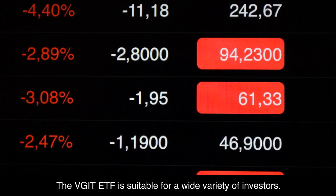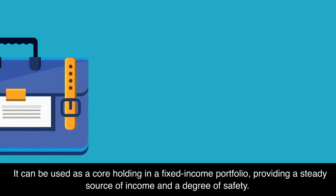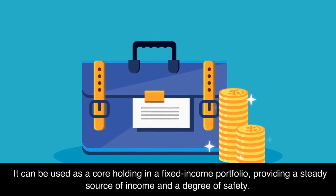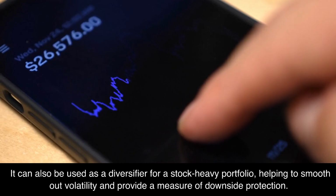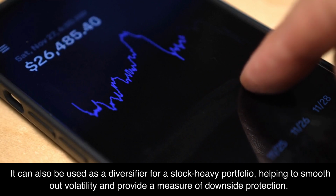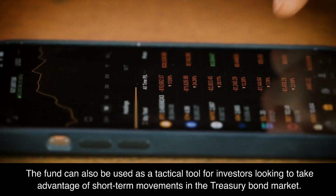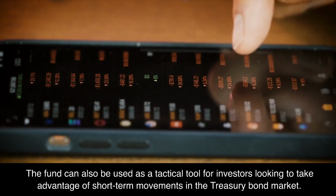The VGIT ETF is suitable for a wide variety of investors. It can be used as a core holding in a fixed-income portfolio, providing a steady source of income and a degree of safety. It can also be used as a diversifier for a stock-heavy portfolio, helping to smooth out volatility and provide a measure of downside protection. The fund can also be used as a tactical tool for investors looking to take advantage of short-term movements in